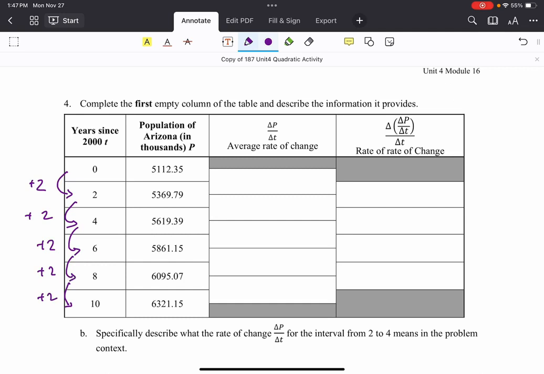And so what that means here is I would take the difference in my y's, so 5,369.79 minus 5,102.35, all divided by 2, and I would come out with 128.72 thousand people per year, and I'm running out of space. And I would keep doing this for all of them. And so this comes out to 124.8 and 120.88. And I noticed that this average rate of change is getting smaller and smaller, but